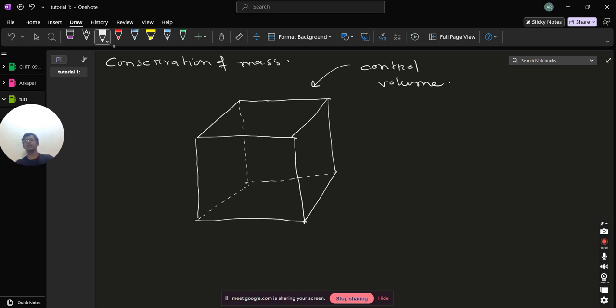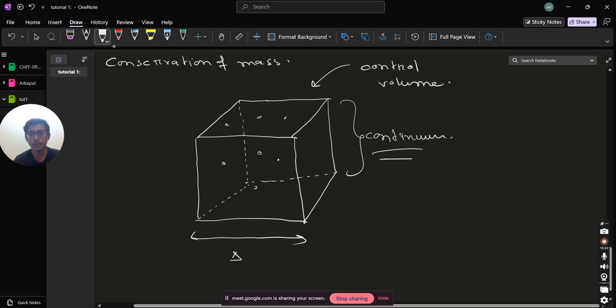So we assume that there is a control volume in the fluid which we are interested in. We do not consider individual fluid particles or molecules that are inside, but we assume this to be a continuum. By continuum, what do we mean? By continuum, we mean that, for example, the dimension is delta x, or let's stick to the convention, delta x,